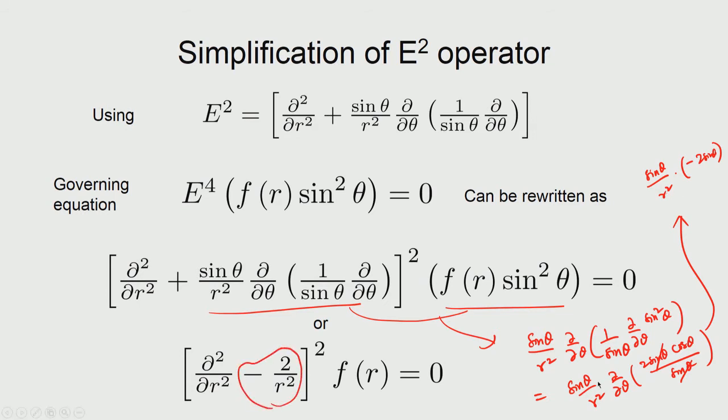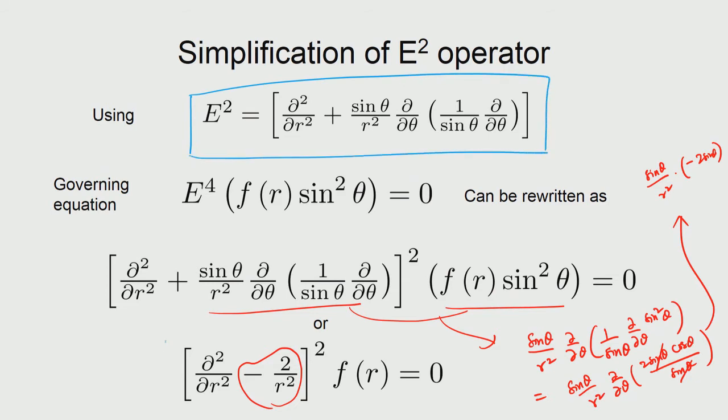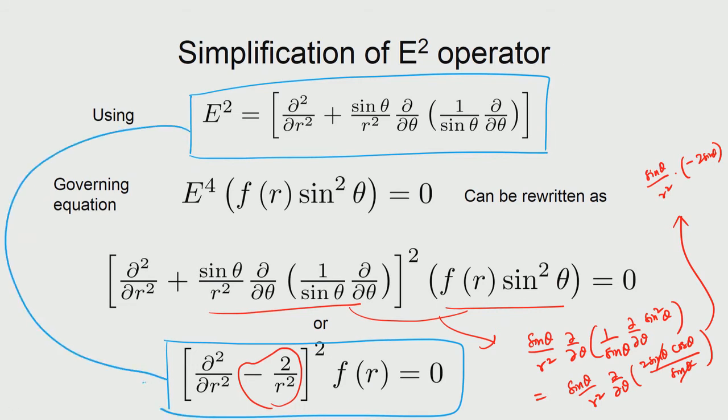So, which means that we have now a simpler form of the e square operator. So, the e square operator with the theta differential is here, and e square operator without the theta differential is here, and we were able to do this because our solution has a special form, namely of this form. Okay, that is, we are seeking a solution which is actually in two parts, and that is the reason why we are able to make this simplification.